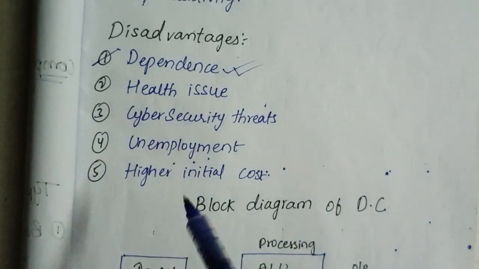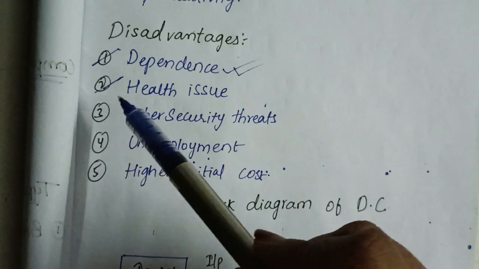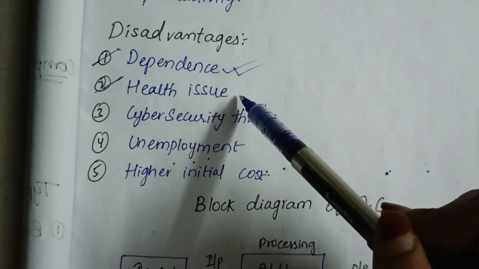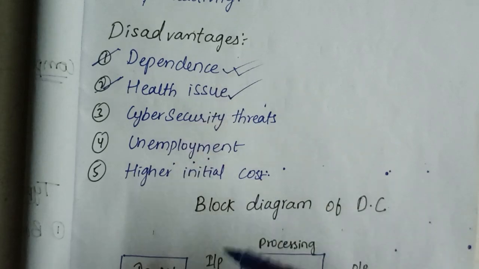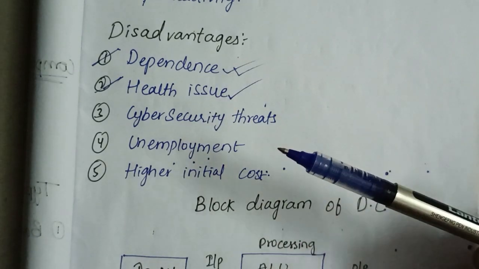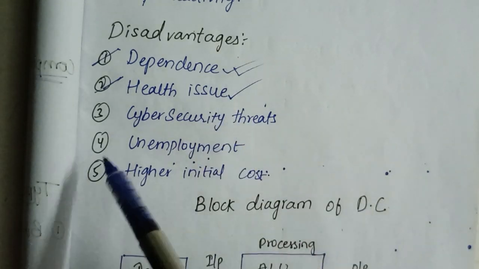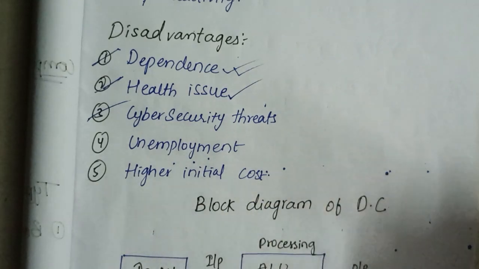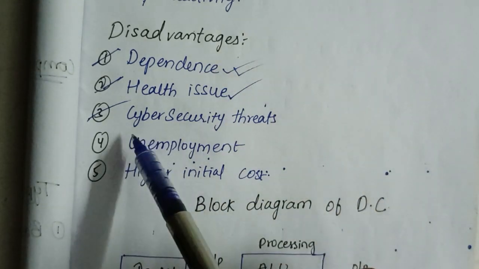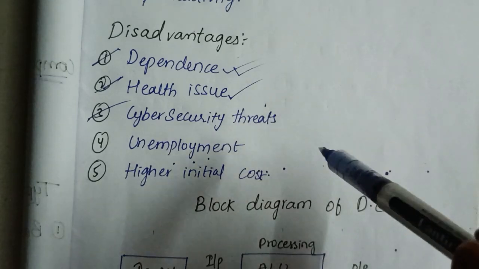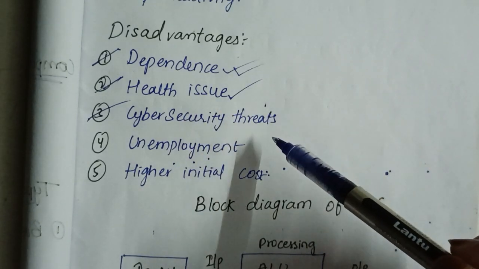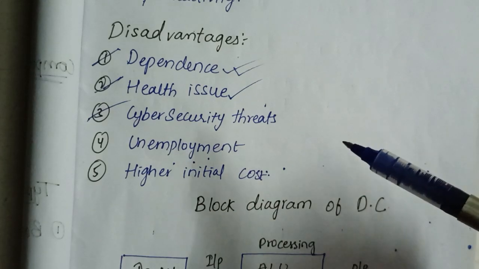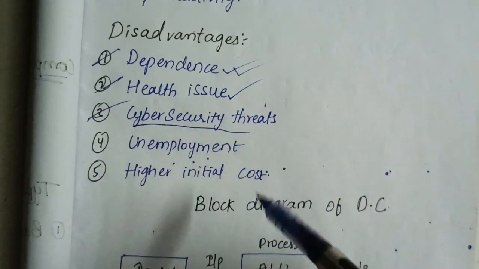And then we have health issues. With this we get neck pains, back pains and all that. So it is affecting our health with its radiation and with the blue light coming from the computer. And then we have cyber security threats, like online payments and all these giving us a threat, right? So we can get viruses into our computer. There is a huge risk of our personal details going to other